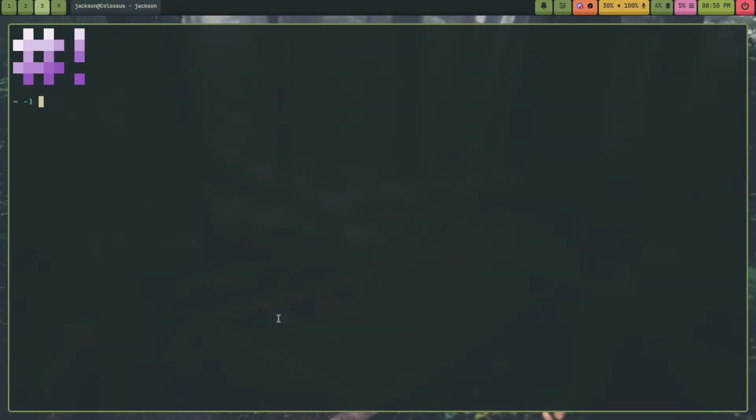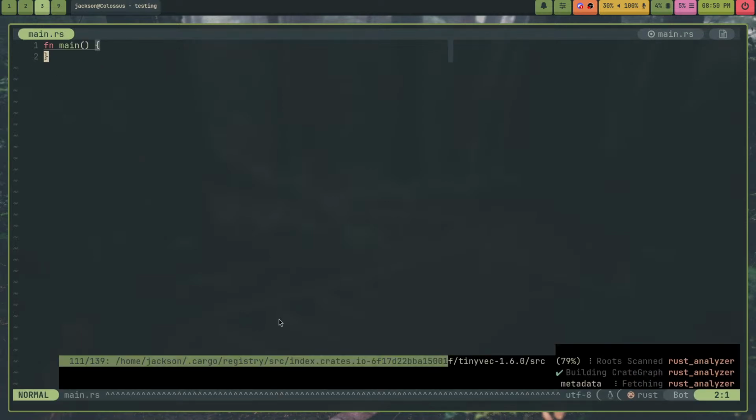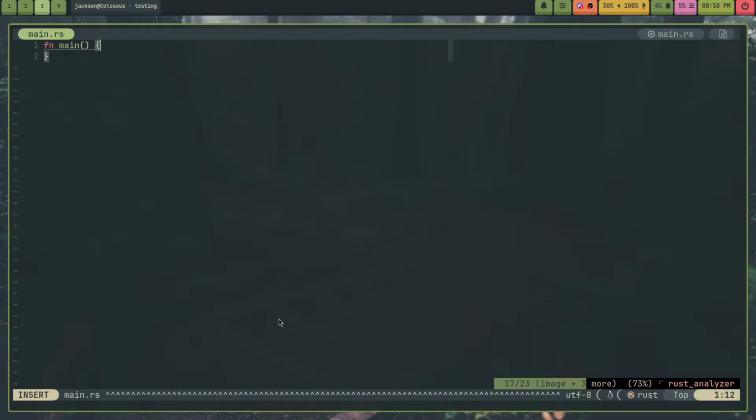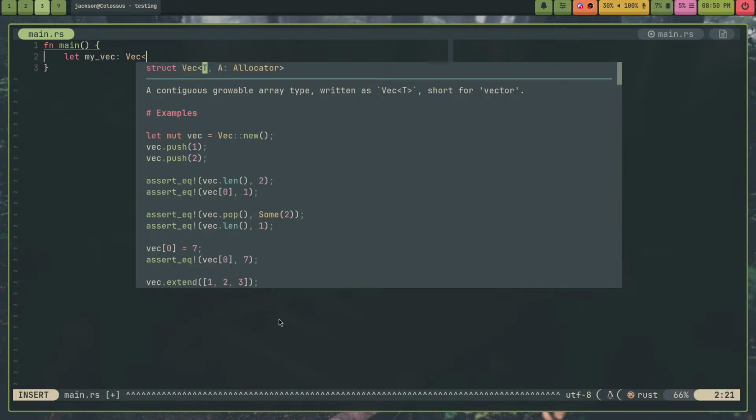So, cd coding Rust testing. Does this mean I can easily create a seg fault in Rust? My vec